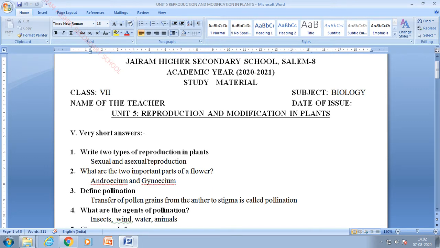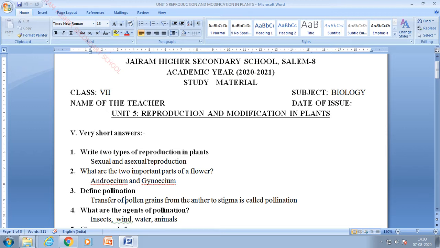You know very well, reproduction is the process of producing young ones of its own kind. In plants, like animals, we have two types of reproduction, sexual and asexual reproduction. Sexual reproduction happens with the involvement of two parents, male and female. The male parent produces a sex cell called sperm and the female parent produces a cell called ovum. The fusion of sperm and ovum results in the formation of a zygote, whereas the zygote develops into an embryo and the embryo develops into a fetus, or in plants it develops into a seed. Embryo develops into a seed in the case of plants.